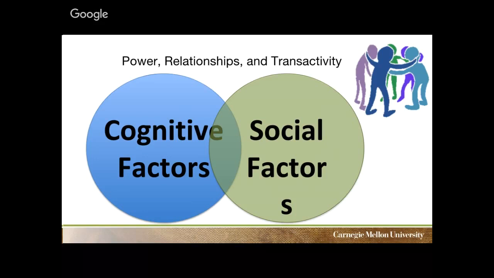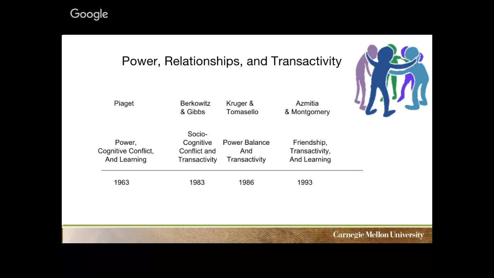And we can think of the whole thing purely from that cognitive perspective, but it's also true, if you go back to the roots of transactivity, that there are important social factors. And it's going to be important, as you continue to hear how this framework feeds into our design process, to think about that pairing between the cognitive and the social. So actually the idea of transactivity grows out of a Piagetian view of learning. Work on transactivity started out in the early